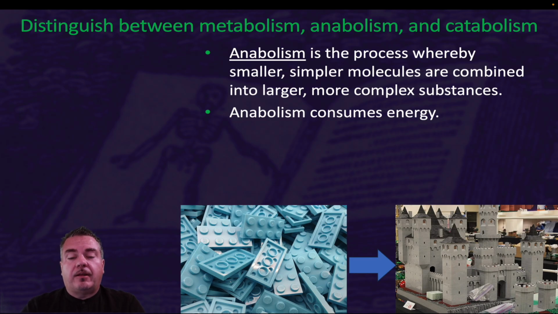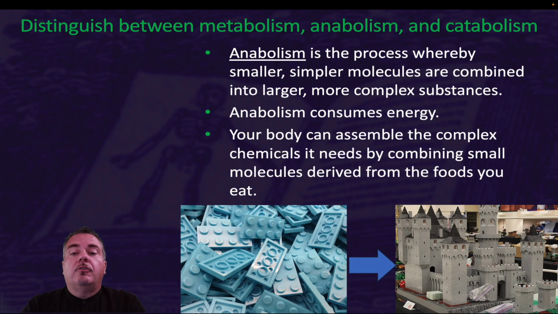So, an example of an anabolic reaction is if you take Lego pieces, which are small subunits, and you put them together to build a Lego castle. So you're taking smaller pieces and building it into a larger structure. Now, if you think about that, in order to take the small pieces and build it into a castle, that's going to require energy. Your body can assemble the complex chemicals it needs by combining small molecules derived from the